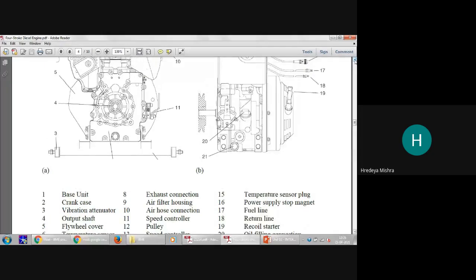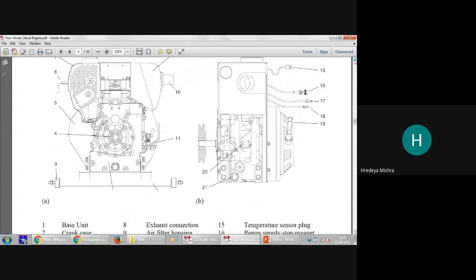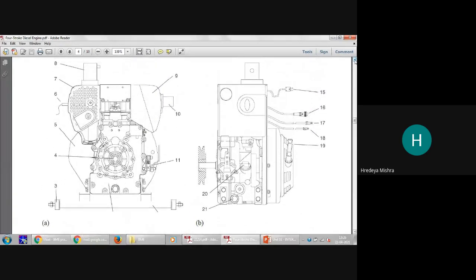So this is the best way to configure your diagram, because writing all the names in the diagram is not possible. It is better to put numbers on the diagram, and you can easily go through it. Below you can provide the names.